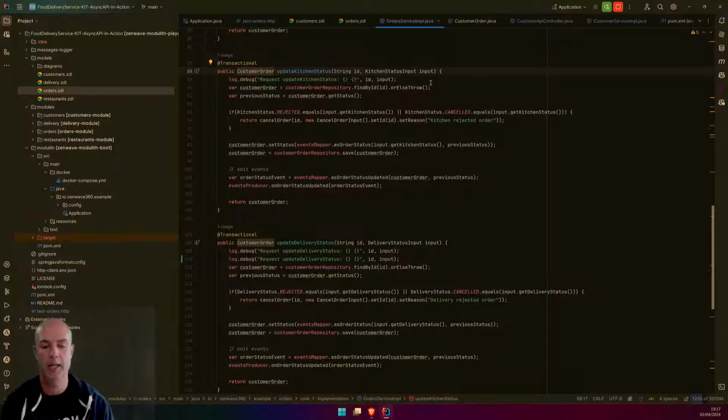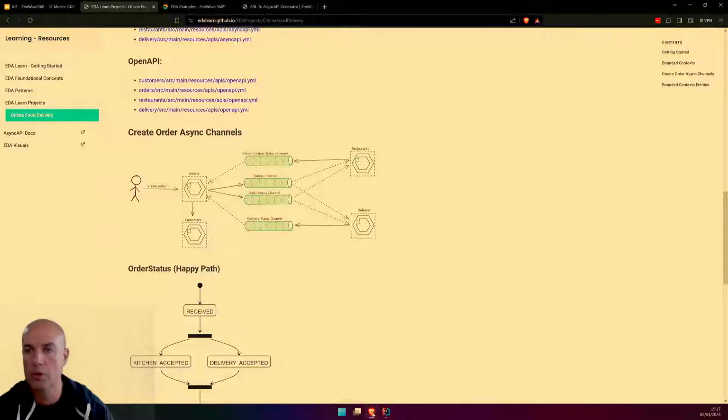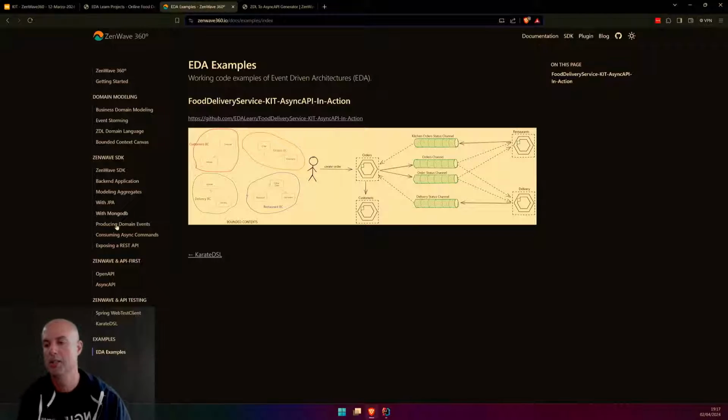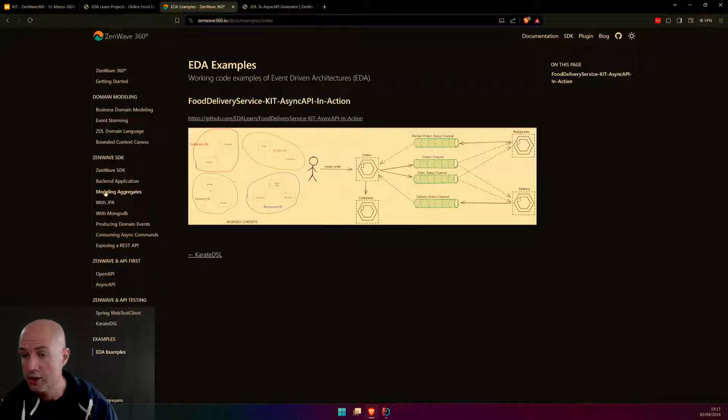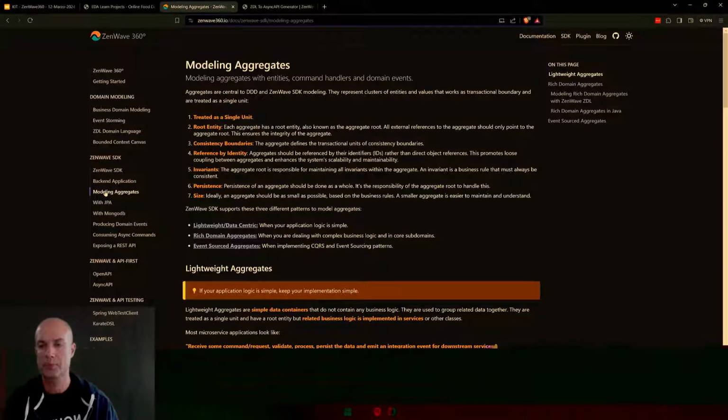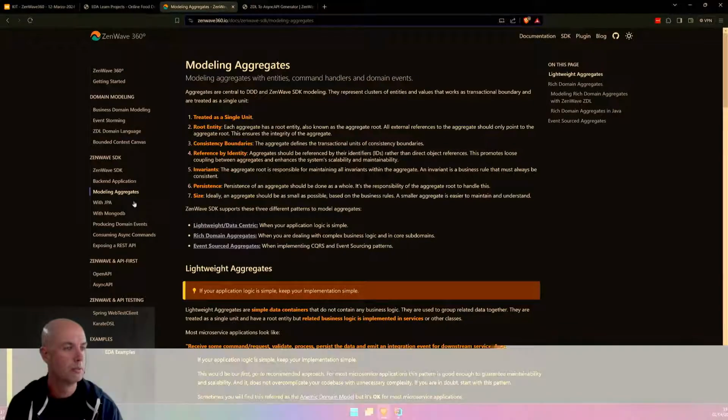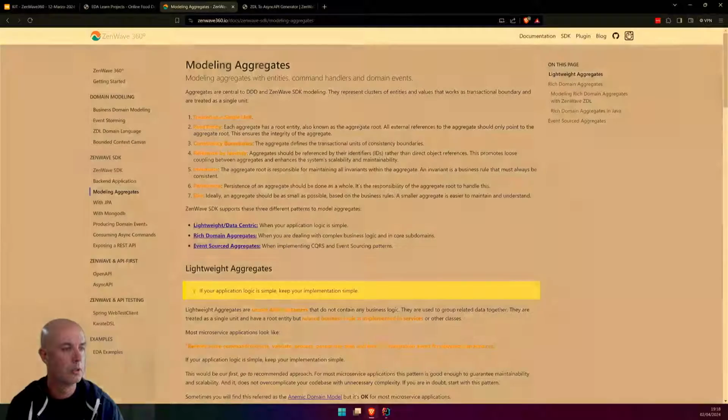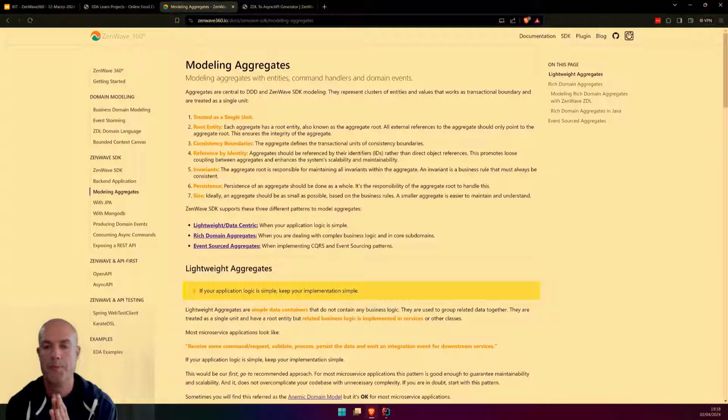So thanks to ZenWave, we can implement domain-rich aggregates. So let's go to the ZenWave web page. Here we have a section, modeling aggregates. Just a small parenthesis.